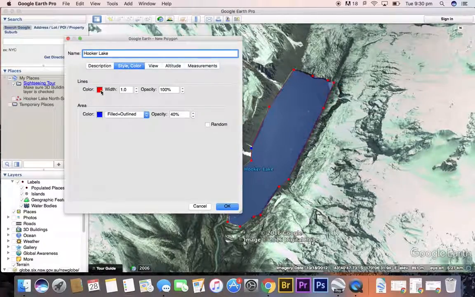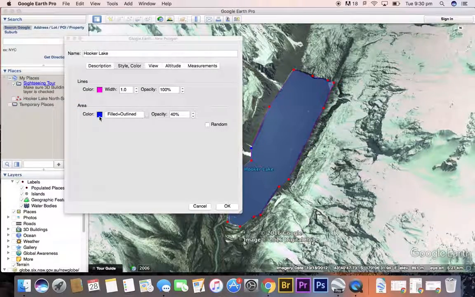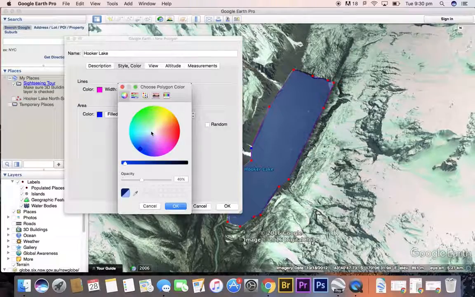Again, change the style and color. You can change the color of the line. It's on the outside, so a pink. And obviously, let's use a different color rather than blue, because blue is obviously the colour of the water, although in this case glacial melt is not as blue or as azure as the ocean, definitely, because of the sediment and materials suspended in the water. Anyway, so let's go with